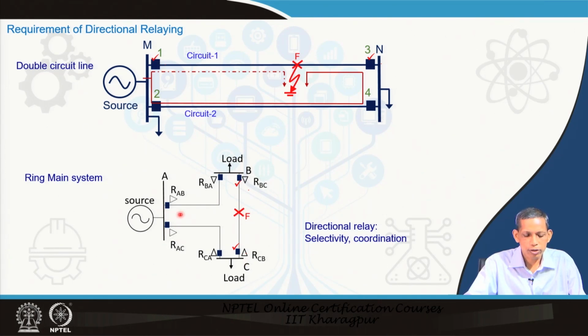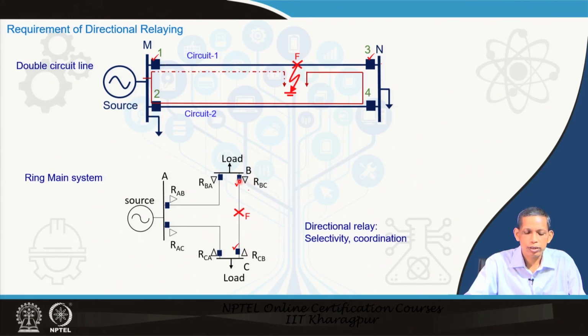So, what will happen is that current will flow from this side and also current will flow from this side. But the objective from the protection perspective is that the breaker here and the breaker here should open, not any other breakers. That is at the primary protection level. Therefore, this relay and this relay must see it, but note that all the relays associated with the other breakers will observe a large amount of current. So, their overcurrent will trip, and that is not desirable.